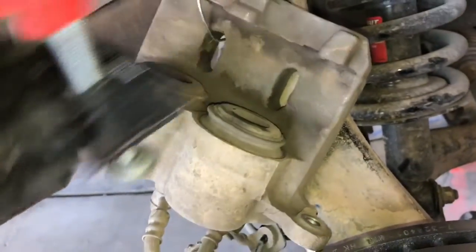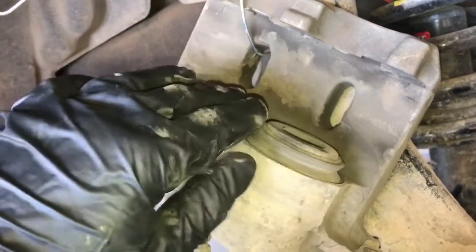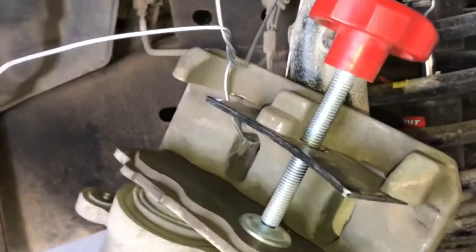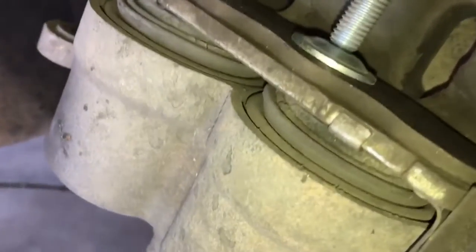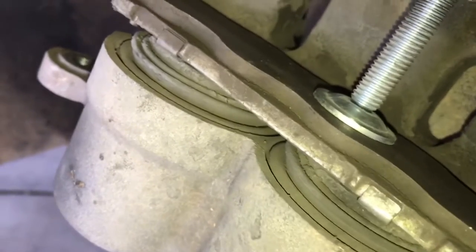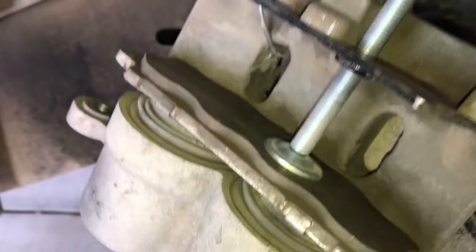This caliper isn't too big, so what you're going to need to do is take your old brake pad and put it right here, which is what I'm about to do right now. Alright, so here you can see the compressor is installed, and what you're going to want to do is compress your pistons in your caliper until you can't push them any further. Don't force it, but you'll definitely feel it when they're fully seated,